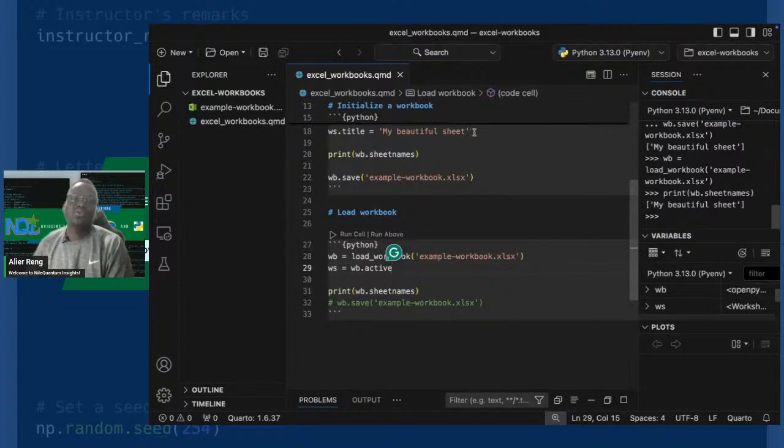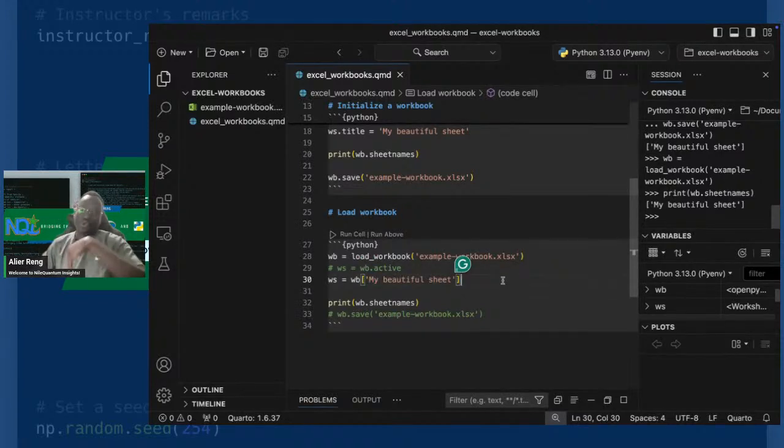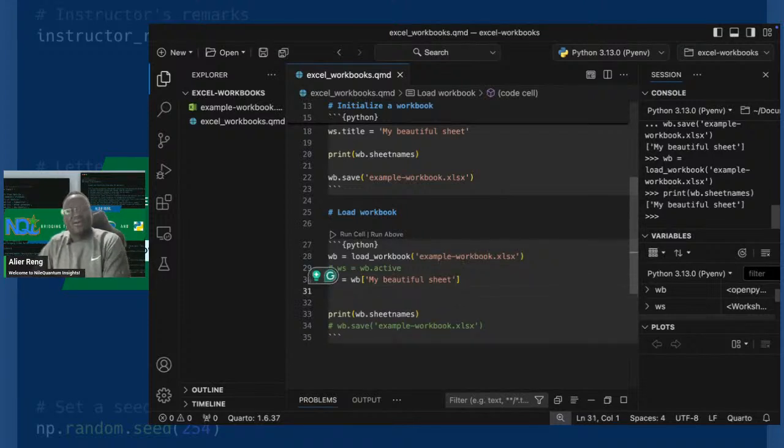I could have just called it with the name here, but like this is going to pull that sheet we are working on, that we have renamed as my beautiful sheet. And then now cell A1, I'm going to